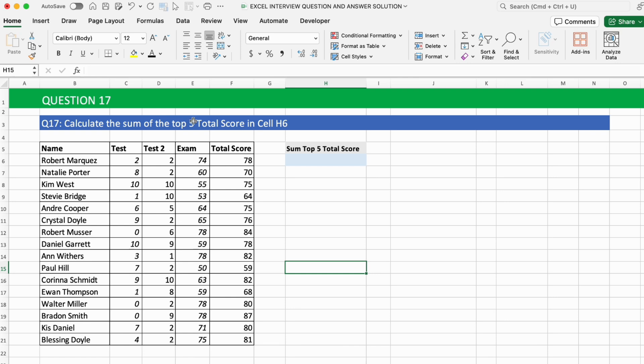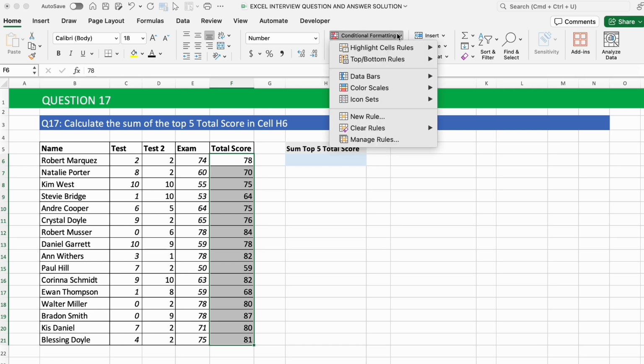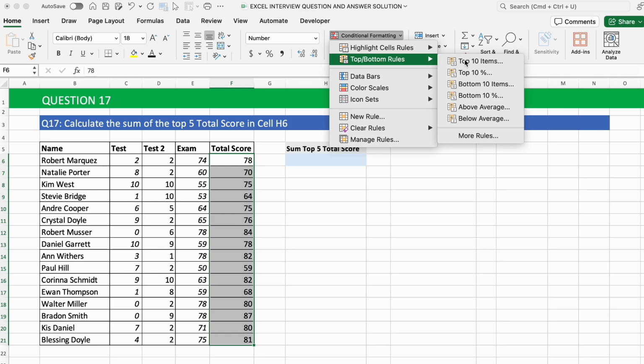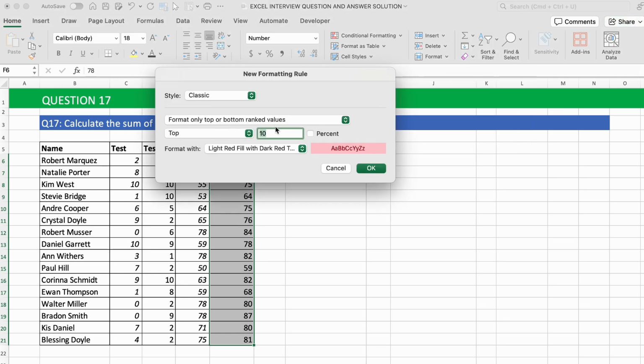Question 17. Calculate the sum of the top 5 scores in cell H6. I will show you two different ways you can solve it, but one of them will show you understand Excel more than every other person. So you can select the whole of this cell and go to your conditional formatting, click on top/bottom rules. You can say top 5 items,